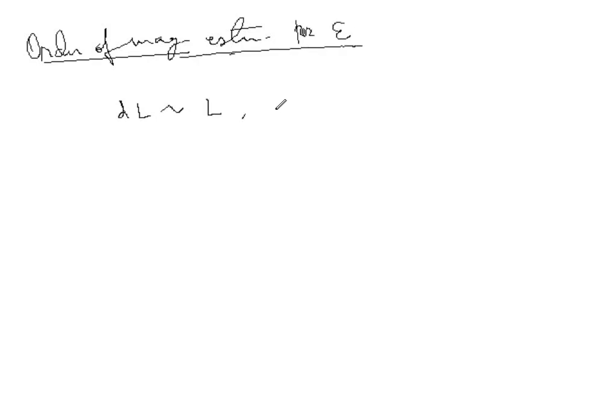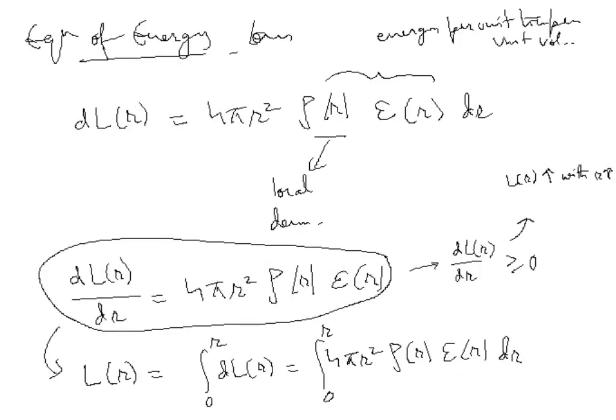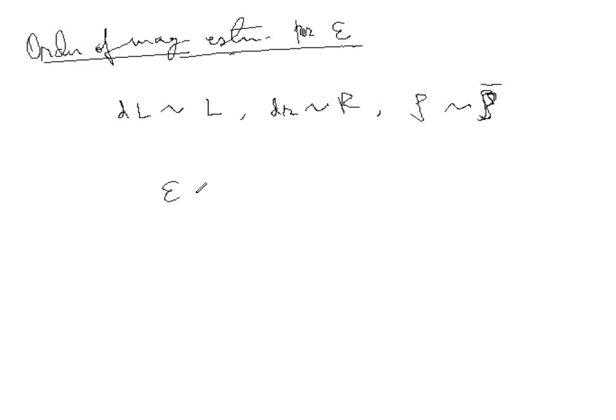So, let dL be L, dr be R, and rho be your average density rho. Then from this equation of energy conservation, we can write epsilon is approximately equal to L by 4 pi r cube rho average, or